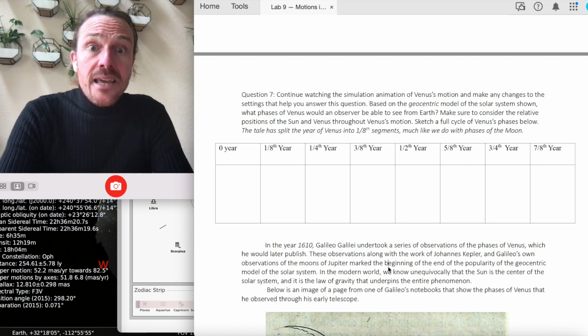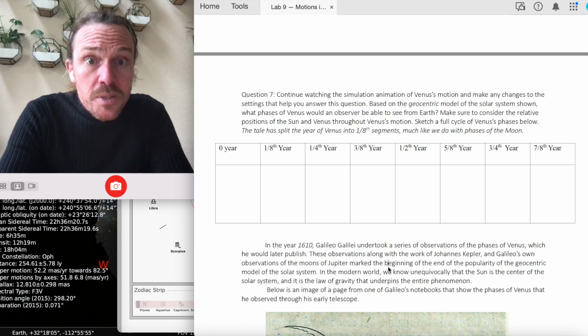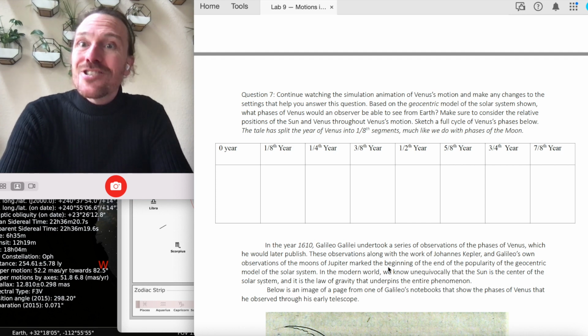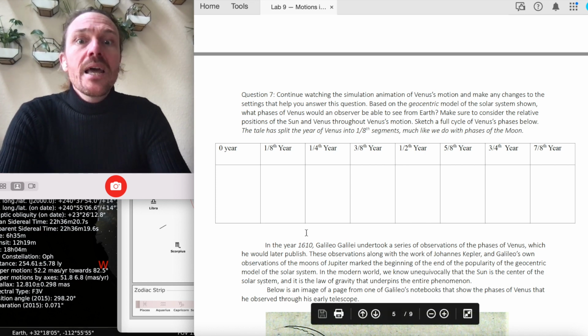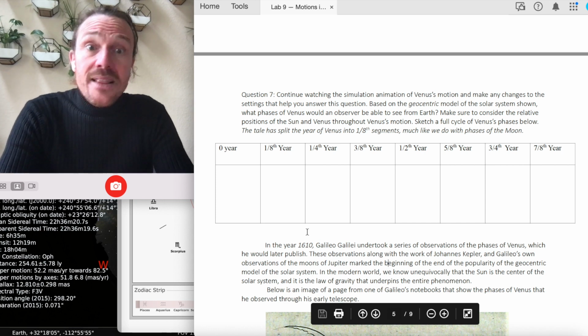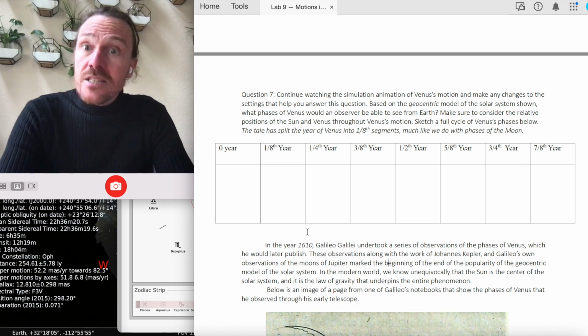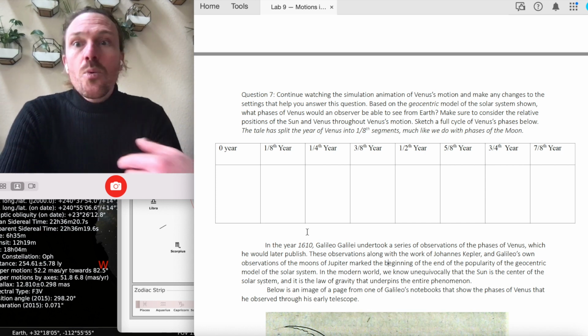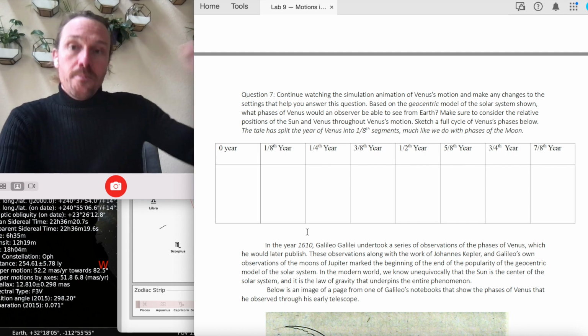Okay, the table has split the year of Venus. Oh, I should say the table. I'm like, the tail. What? So there's a little typo here. It should say the table has split the year of Venus into 1/8 segments, much like we do with phases of the moon, right? Because with phases of the moon, we've got, from new moon back to new moon,